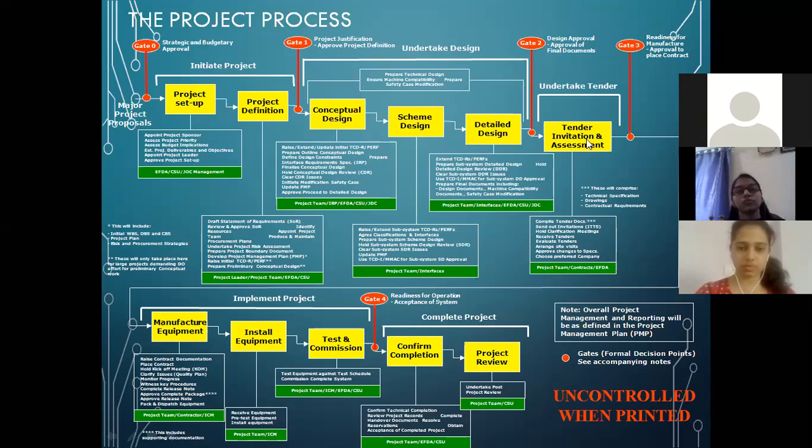Next, tender invitation and assignment. Some of these projects will be given to others. Some of the projects we ourselves will be taking. For example, if you are a person who is taking the project management itself, or if you are a person who is taking tenders, here we don't discuss this tender invitation, because you are the person taking tenders. You won't give any kind of tenders to others.